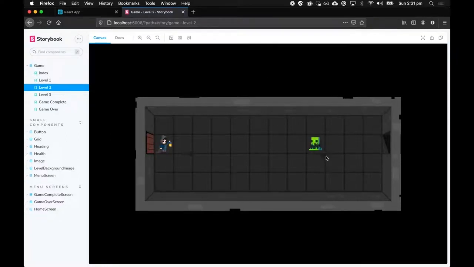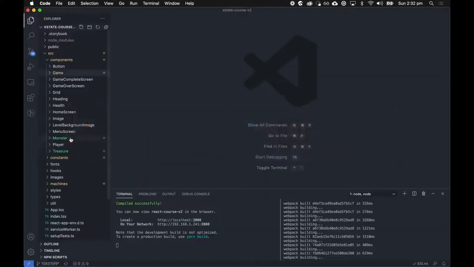Now we're going to add movement to the monster. So at the moment our monster is just sitting in one coordinate. What we're going to change is the monster will stay in this square for 2 seconds and then jump to the square below it and stay in that square for 2 seconds, then jump back to its original square, and it'll just cycle through those 2 squares. So the way we can do that is we go to our monster machine,